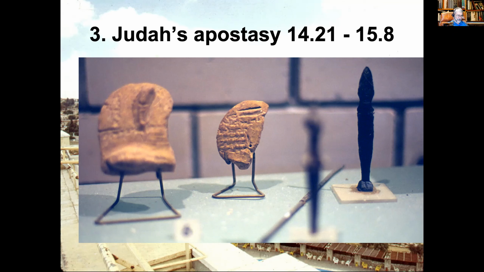And Asa was the next king of Judah. In the 20th year of Jeroboam, Asa began to reign. He reigned for 41 years. And Asa did what was right in the eyes of the Lord. So after Solomon, Asa is the next good king of Israel. And he reigned from roughly 910, 913, 910, something like that. Let's see, from roughly 910 to roughly 870 or so, 869, something like that. A long reign, 41 years is a long time.